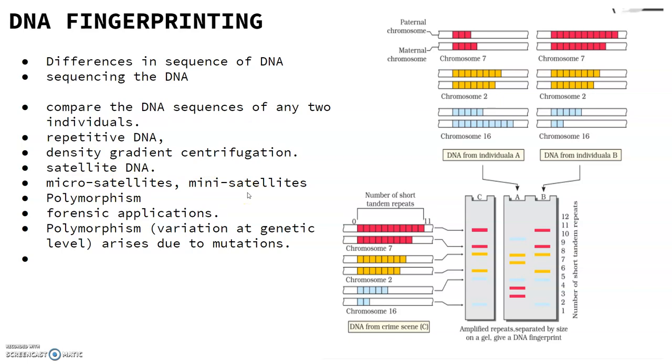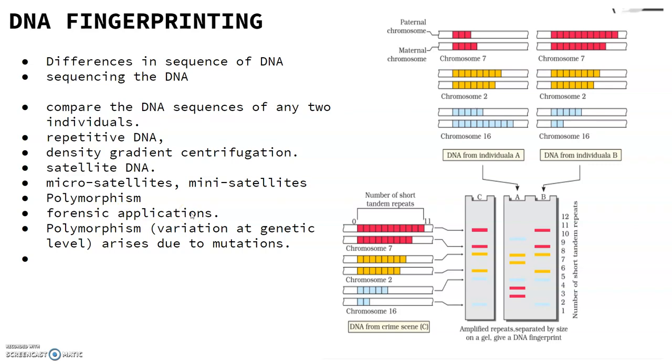Now these sequences normally do not code for any proteins, but they form a large portion of the human genome. These sequences show a high degree of polymorphism and form the basis of DNA fingerprinting. Now DNA from every tissue, such as blood, hair follicles, skin, bone, saliva, sperm, etc., from an individual shows the same degree of polymorphism. So they become a very useful identification tool in forensic applications.